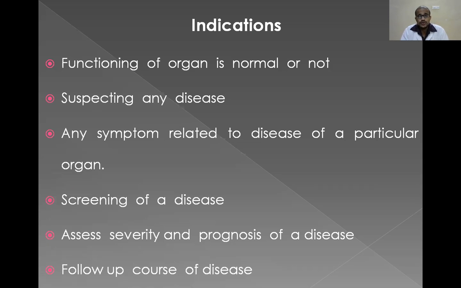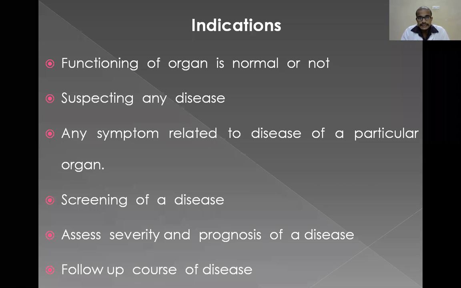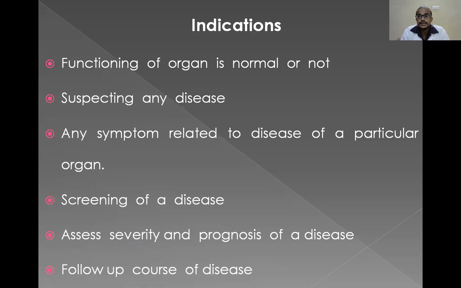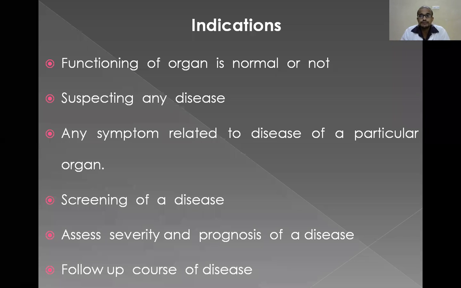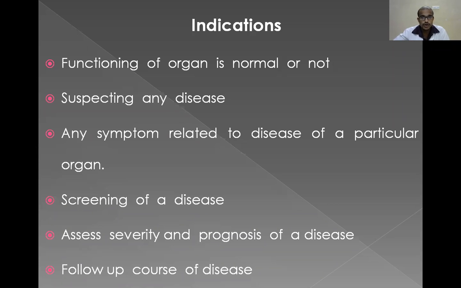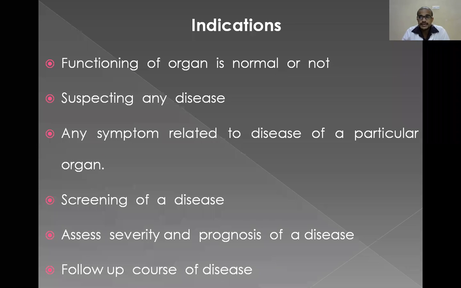In general, to assess the functioning of an organ, we can send the patient for the organ test, or if there is any symptom related to a particular system or organ, or if we suspect any disease, then we can send the patient for the organ function